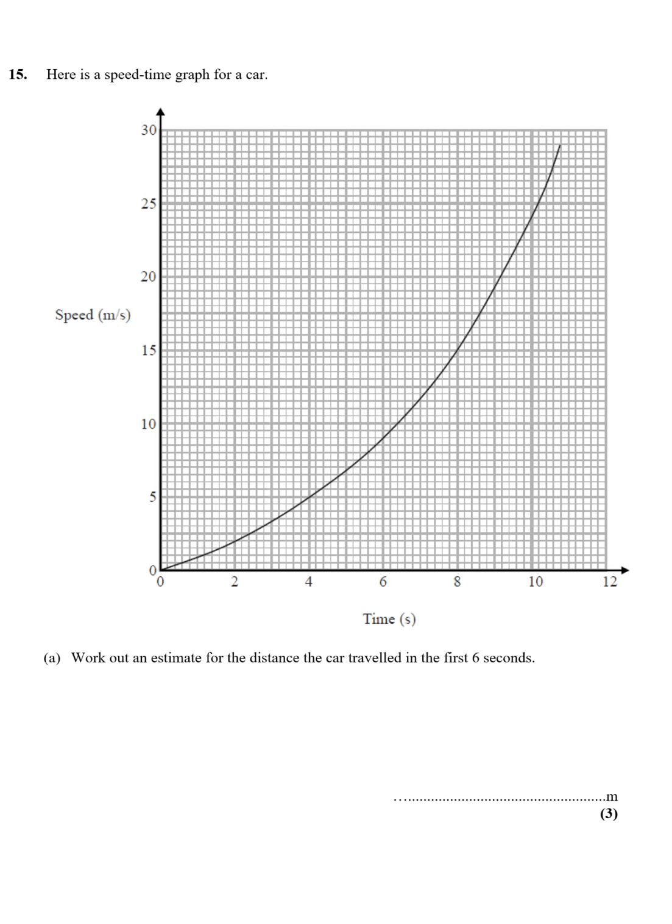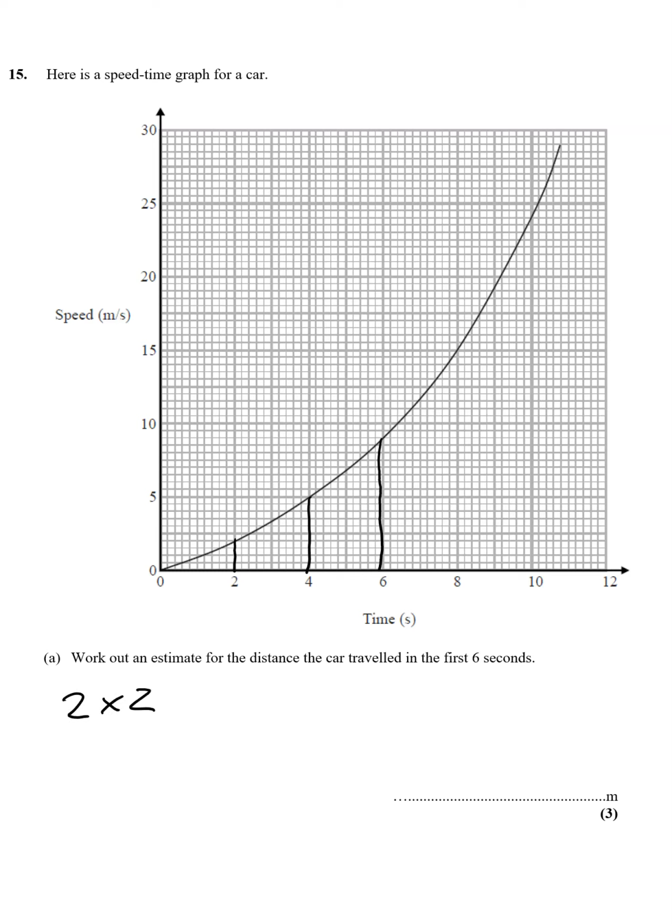Work out an estimate for the distance the car travelled in 6 seconds. So the distance covered is basically the area under the graph. What I'm going to do is divide it into different shapes. I'm going to do a triangle. I could use the trapezium rule actually, but I'm going to use a triangle and then add the 2 areas of the trapeziums together. So to start with, I've got a triangle that's 2 wide, 2 high, so it's basically